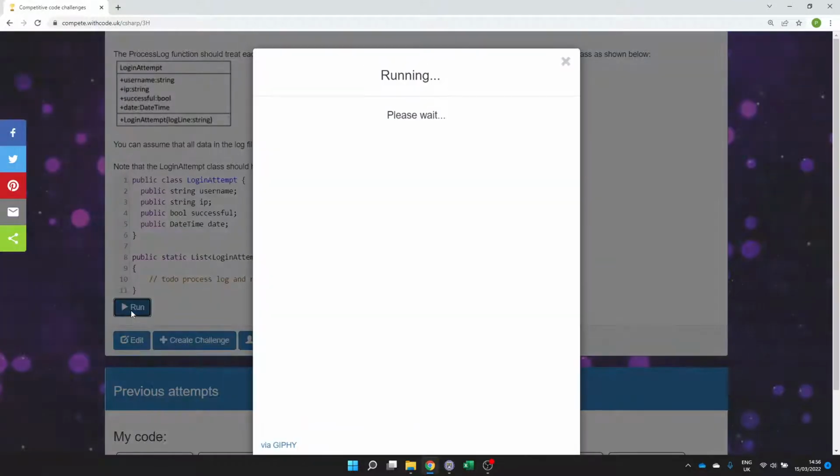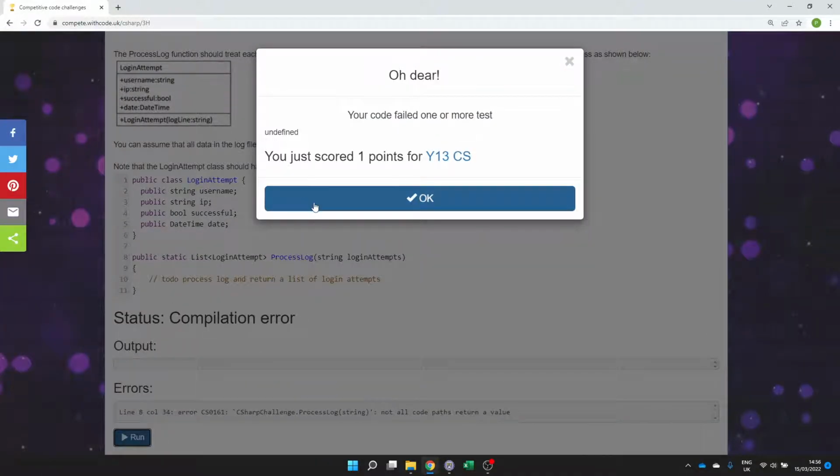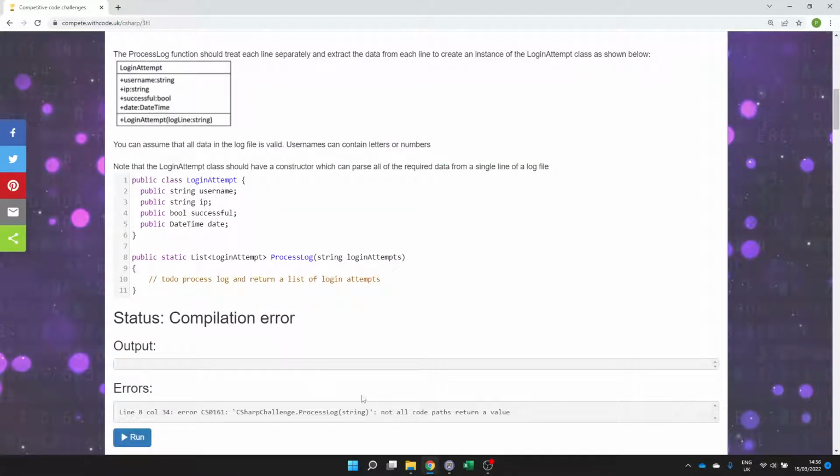All right, let's run it and see what happens. We'll have some syntax errors because this doesn't return a value. What should it return? Well, it should return a list of login attempts. At least we've made a login attempt class now, so we can make a list of login attempt, and we'll call it attempts. We need to create that new list, to call the constructor to allocate all of the memory to store all of these login attempts,